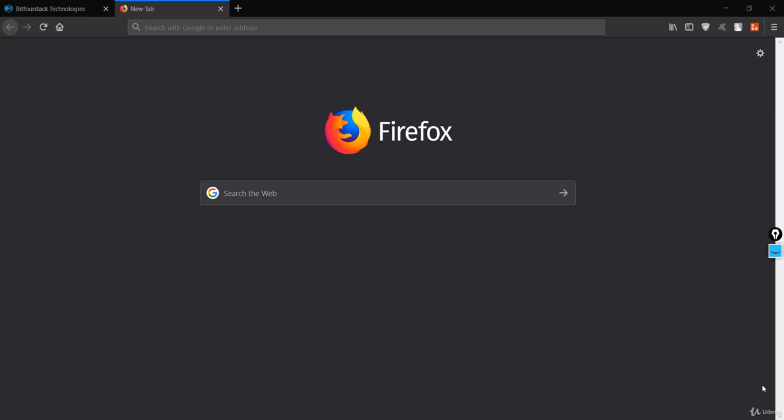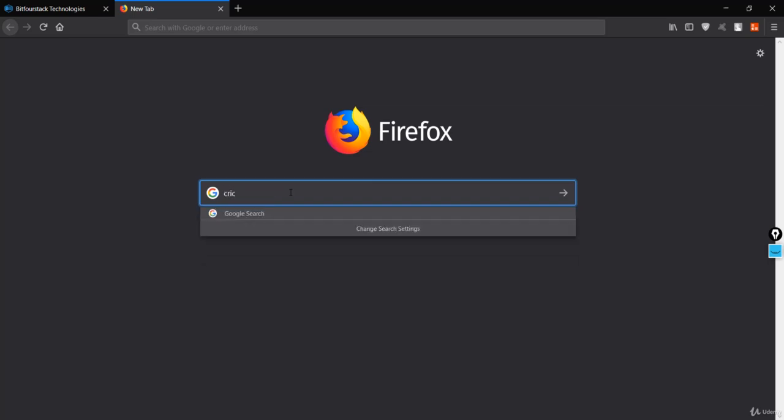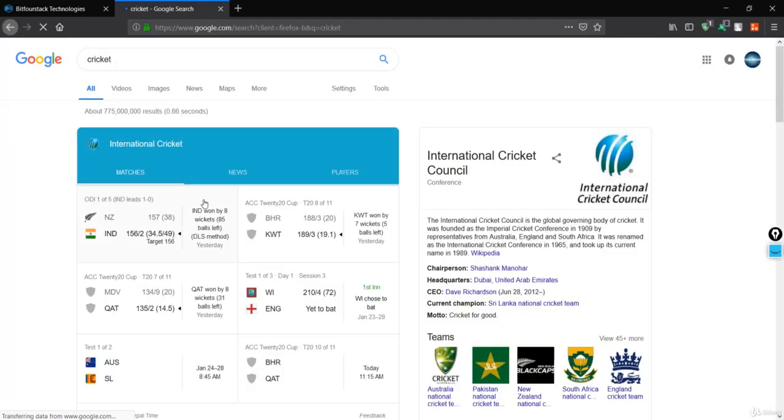Let's quickly learn about the get and post method in this lecture. So if you just search for something like, let me say, cricket, and if I just hit enter, then it will just search for the international matches that is given here. So here what you get is this link. Let me just grab this link first. Let me just copy this.